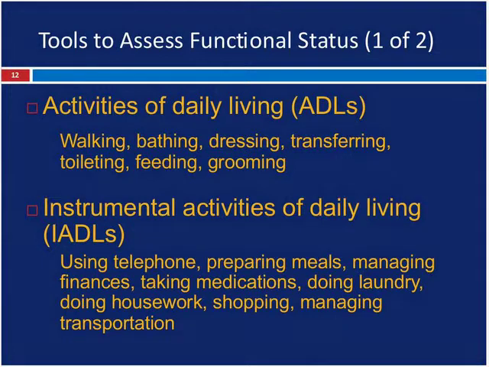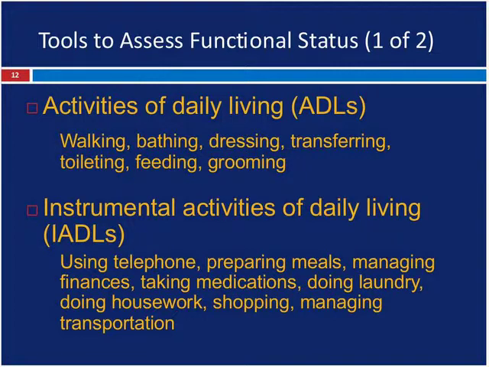The most basic activities of daily living include walking, bathing, dressing, transferring, toileting, feeding, and grooming. These are the tasks that are essential to maintaining independent living in the community. If you're unable to carry out these tasks, you're going to need to have a caregiver in the home. Instrumental activities of daily living